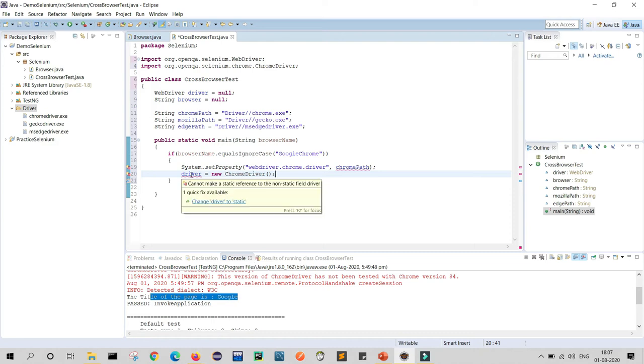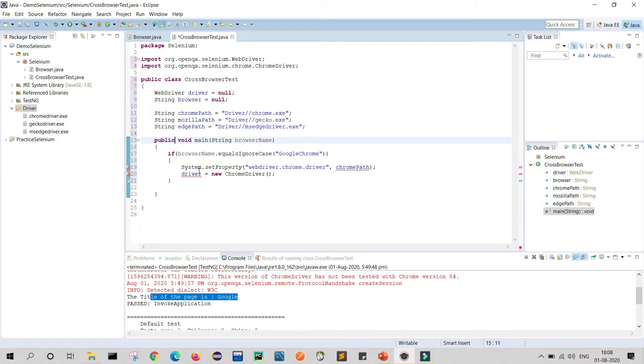Here it is asking for static. Okay, here you can see change driver to static. In this main system we will change our browser, so I will just remove static because this is not a static function. So this is ready for my Google Chrome.